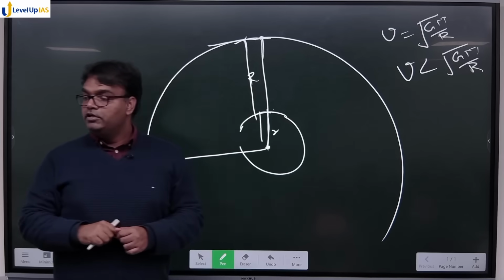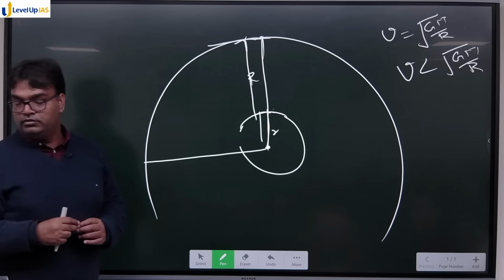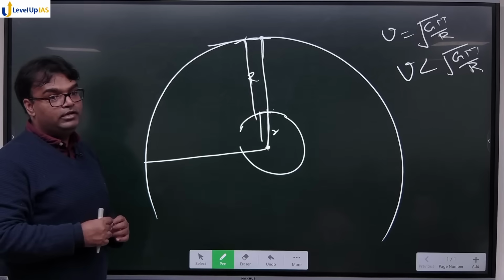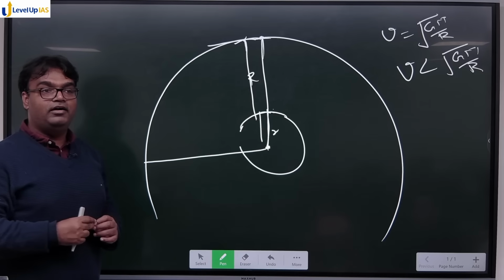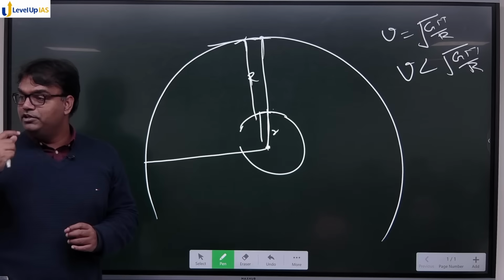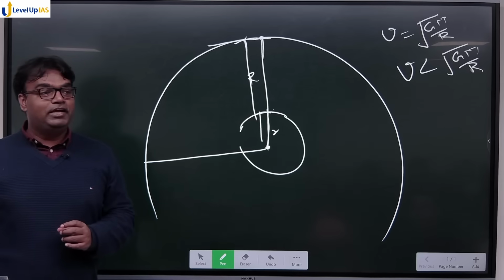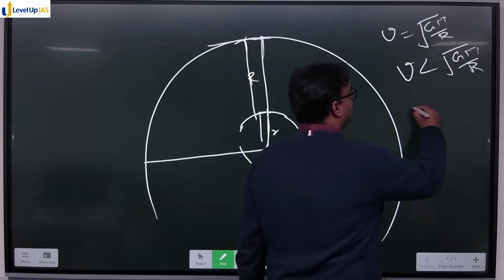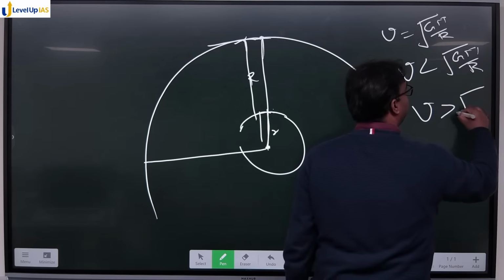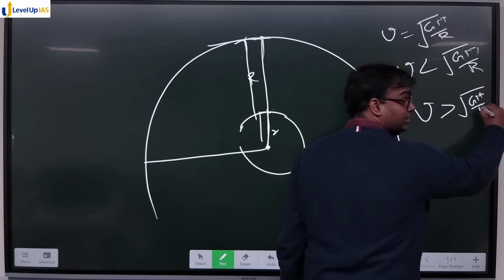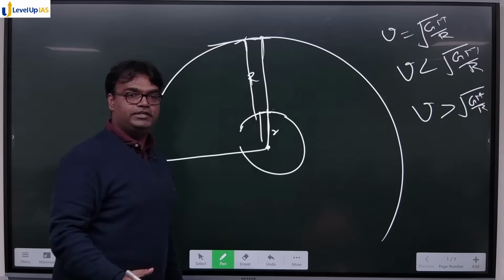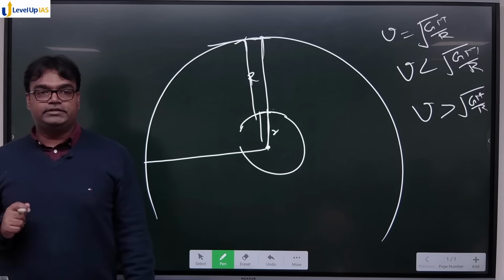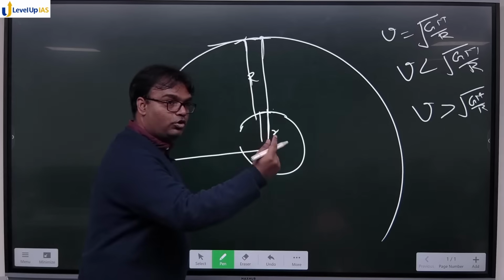But what happens when we launch it at a speed more than under root GM by R? जब हम इसका जो horizontal velocity है वो हमने under root GM by R से ज्यादा दिया, initial velocity। Initially when we are launching the satellite, when we launch it at a speed more than under root GM by R, in this case what happens is, इसका horizontal velocity ज्यादा है।